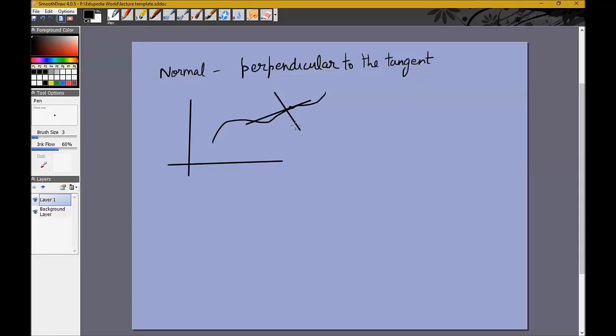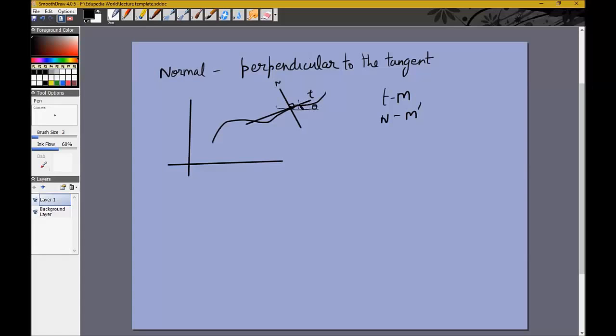Perpendicular to that, at the point, this will be the normal, right? This is, let's say, the tangent t, this is the normal n, right? So at any point, you can get the tangent that will have the slope equal to the derivative, and you can get the normal. What is the slope of the normal? Let's say the slope of the tangent is m, and the slope of the normal is m dash. Okay, then we know that